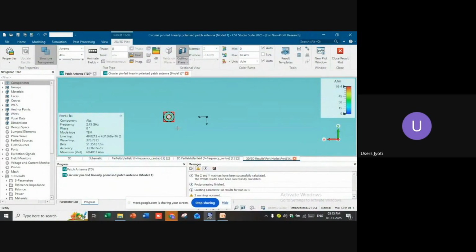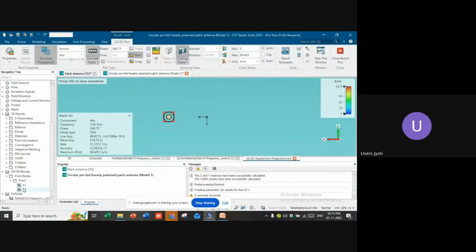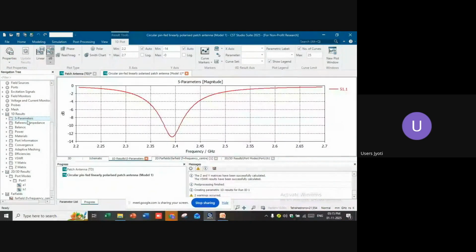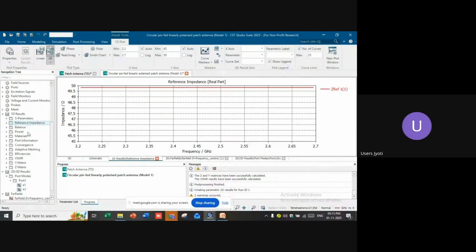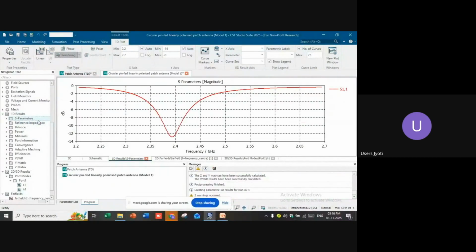This is a feeding network waveguide port, for how we can analyze the electric field generated and the magnetic field generated. Here the prototype is so big, so you can see a small one, how the electric field will be generated and how it will change with time. You can also see the S parameters, in which direction it will be resonating, and also in the S parameter there is a